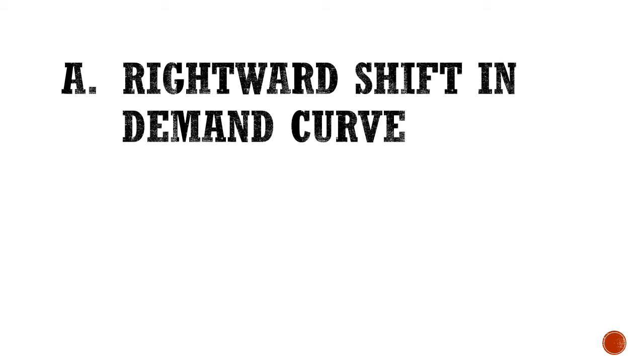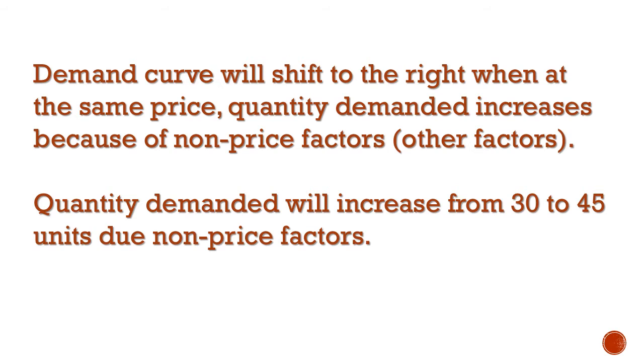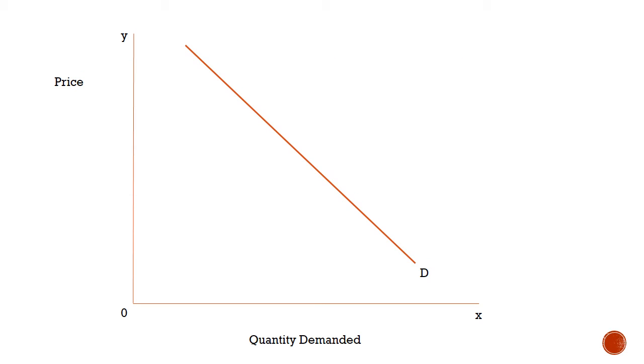Okay students, now we are discussing the concept of rightward shift in demand curve. Students, as we have discussed, shift in demand curve is always caused by factors other than price. So when these factors move in a favorable direction, this change will cause the demand curve to shift towards its right, or it can also be called an increase in demand. Now the objective is to draw a rightward shift diagram.